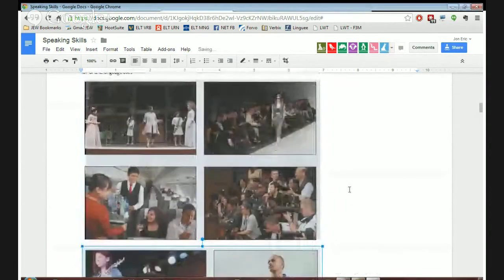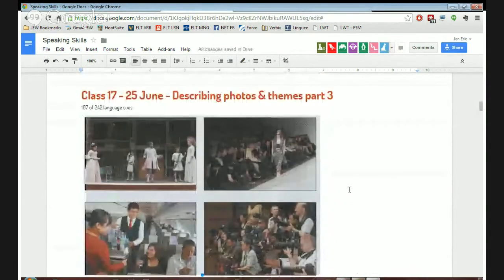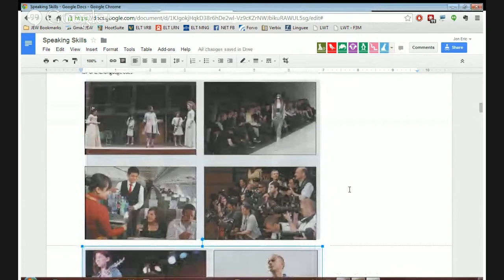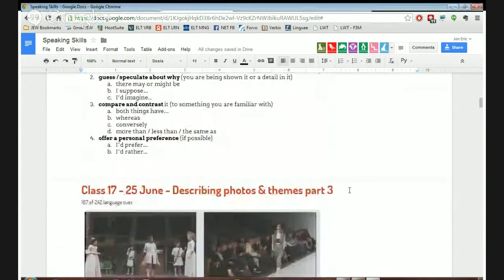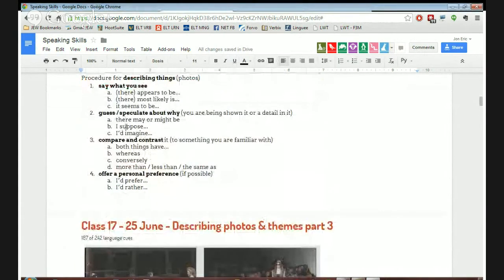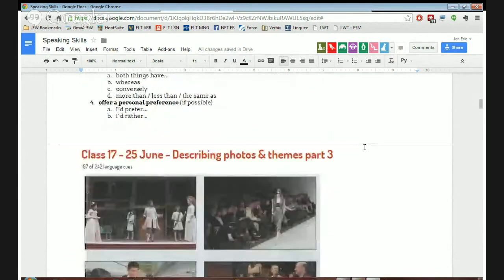There we go. I want you to start in the upper left, okay? And I want you to try to follow the same four steps that we've been using for the last two classes, okay? So that means literally you can use one of these key expressions and go step by step. If you want me to do an example, I'll do it first. It's up to you. Do you feel ready, or do you want me to do an example? I will try. Okay. So let's go step by step.